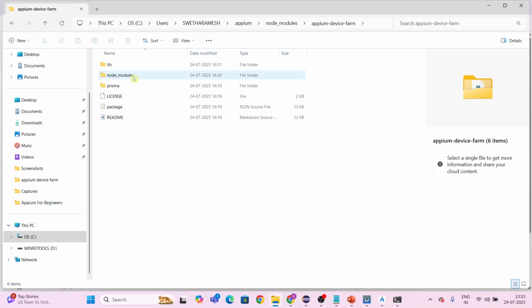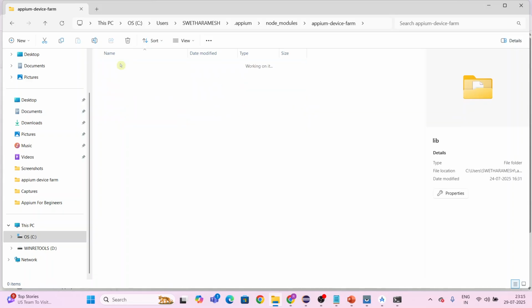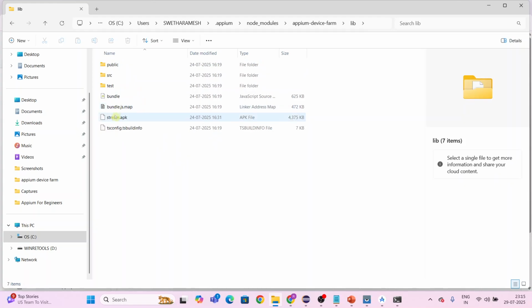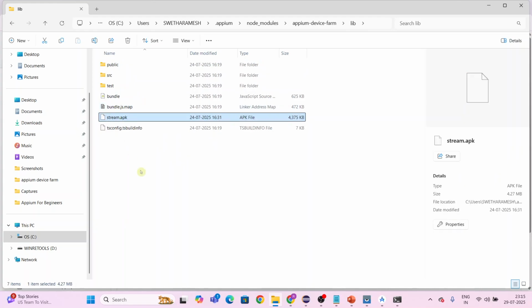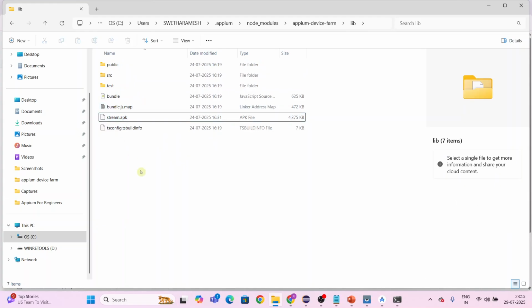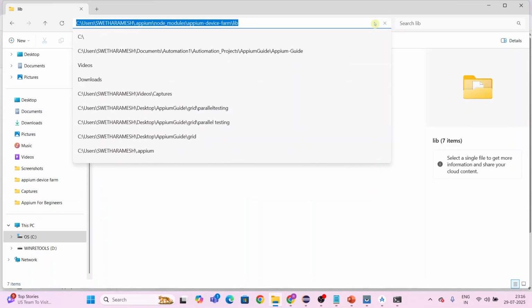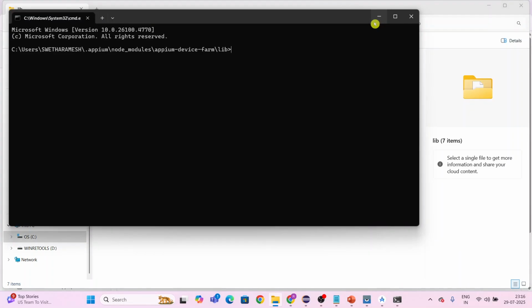Click on this one. Here you can find lib, that is the libraries. Click on it, and here we find the stream.apk. Wherever you install your Appium, under Appium we have the device farm, and under it the lib folder. Then click on here, and in the command prompt, type cmd and type